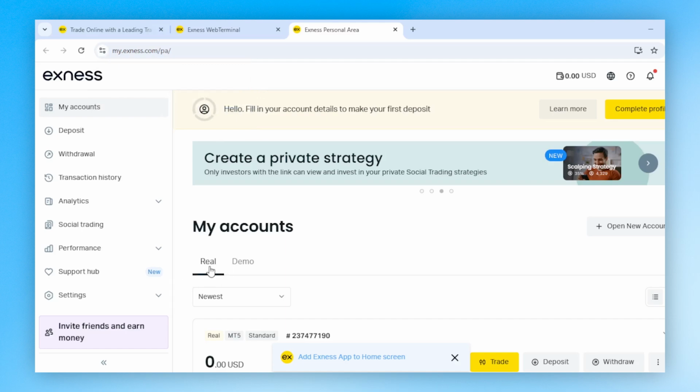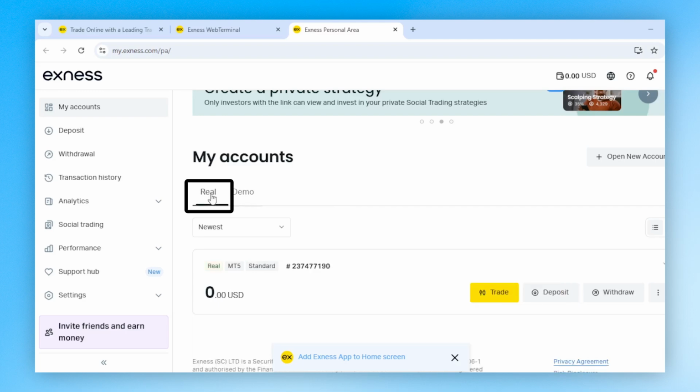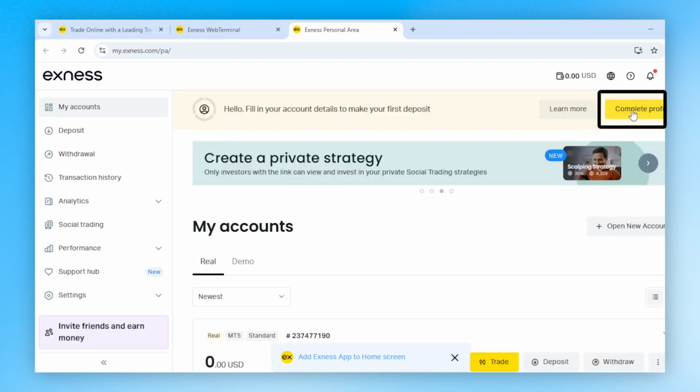So if you want to create a demo account, this is where you click. And they've automatically created a $10,000 demo account. But in this tutorial, our focus will be on the raw account. Let's go to the complete profile,